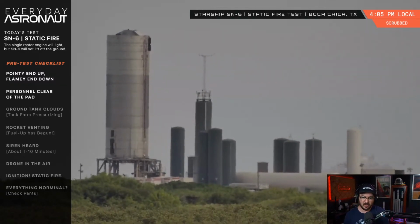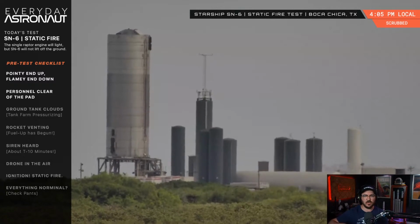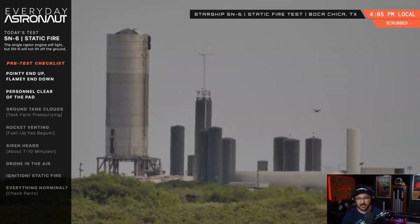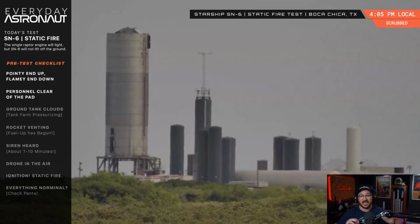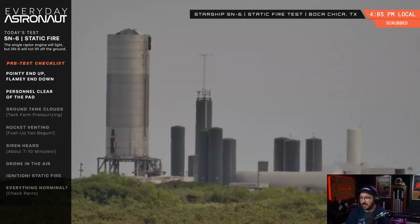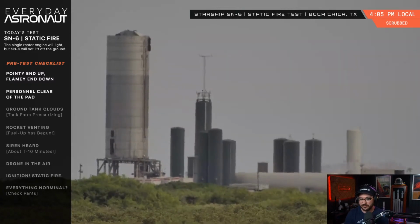You could sling a payload that size out to those, but to me, it makes more sense to just do a kick stage. Put 150 tons into low Earth orbit with a kick stage, so that would include a 100-ton kick stage and a 50-ton payload or something, which is still insane. And you could do a direct injection to Jupiter. The Starship could land, but I think that's a lot better solution for interplanetary missions for now, until we have a system out there that can do all that kind of stuff. So,